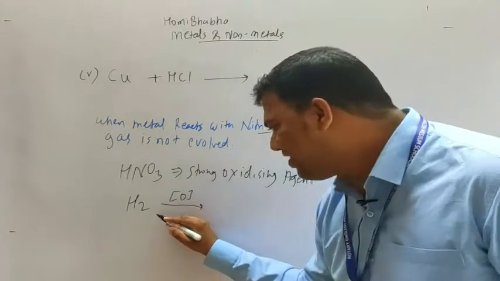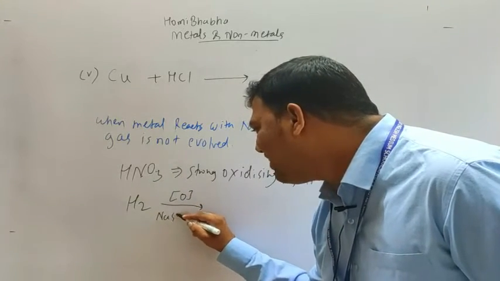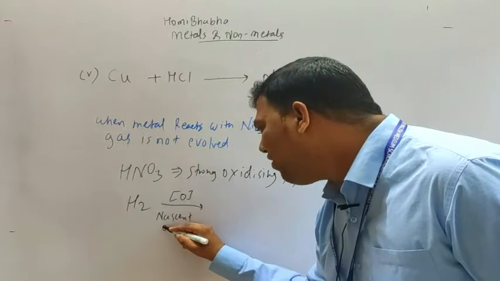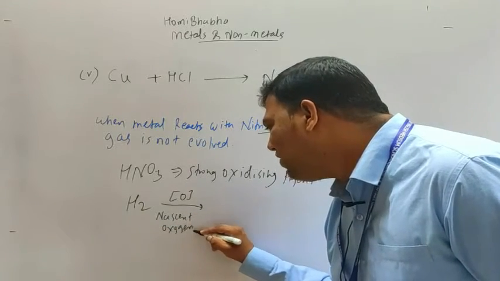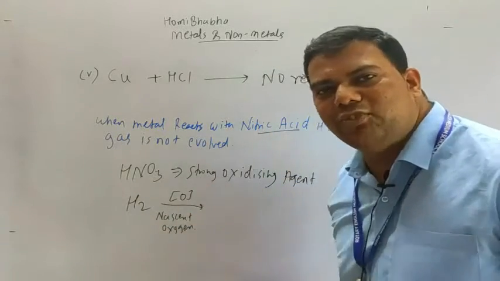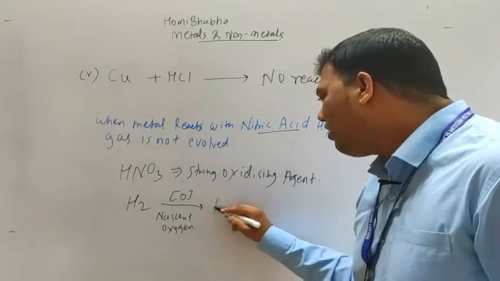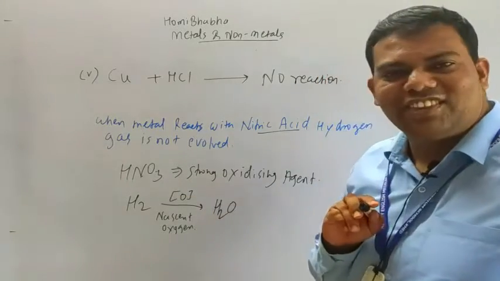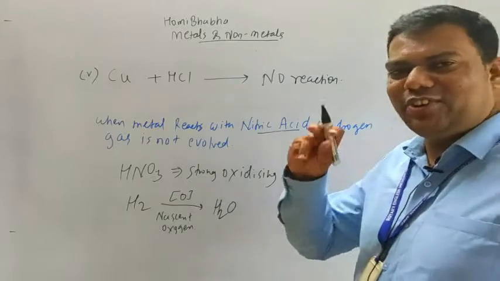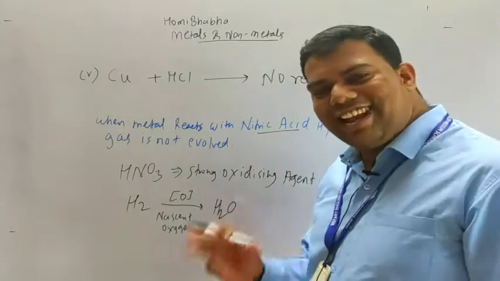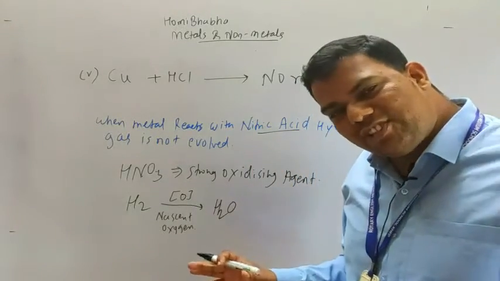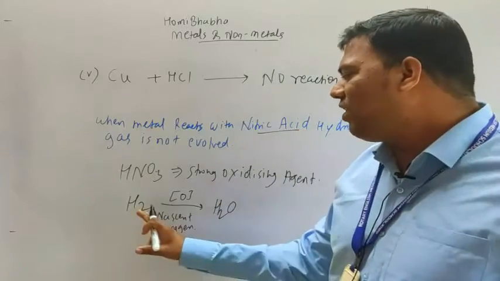This nascent oxygen's purpose is to oxidize. Then what will happen here? H2. Understood? So when a metal reacts with nitric acid, it does not evolve H2 gas, because